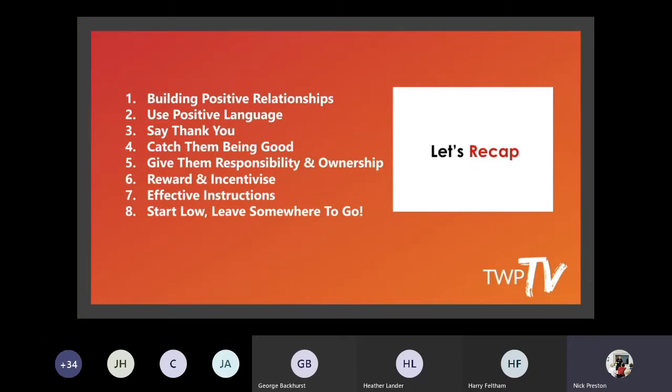So if you've got a group of 30, you've got to work hard. You've got to bounce around. You've got to be catching all of them. You've got to use the back of the room, the front of the room, the middle of the room. Give them responsibility and ownership. So we spoke about that. We go from autocratic when ready. We move them into a democratic style of delivery where they get a say in some of their learning. We then, when we get there, we start to give real ownership.